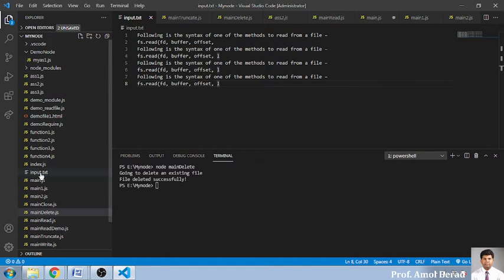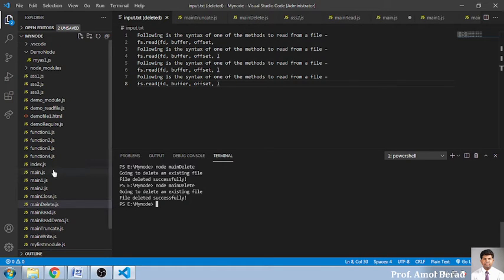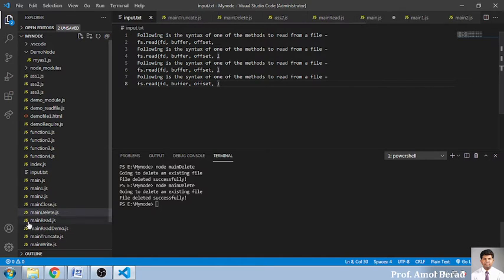So see, this input.txt file is present over here. As it is an id, it is already available over here. If I want to delete it, see the name is here. Again, if I go for running this main delete, see automatically the file has disappeared from this folder. It is not present in this folder, but it is already stored in my IDE, so that's why it is there. If I save it with Control S, it will be created again.